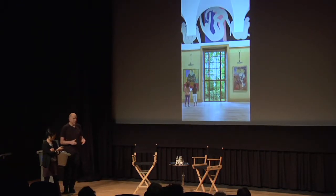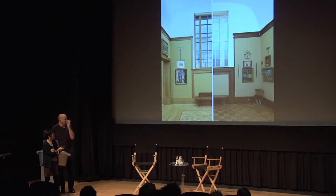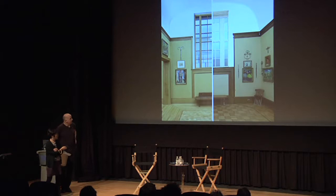Basically, all of the windows of the galleries look out into the garden that the building is in. So the galleries are really hung exactly as they were before, but every single detail has been changed. And so this is an example. On the right is the galleries we were told to replicate, and on the left is the ones as we've replicated them. So we very slightly adjusted virtually everything, including the window frames,